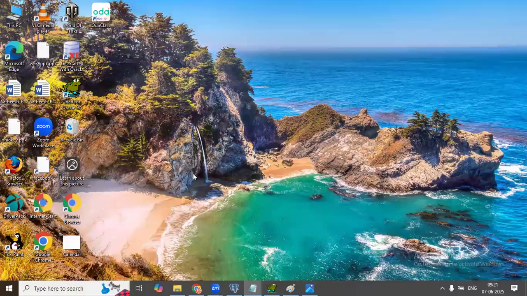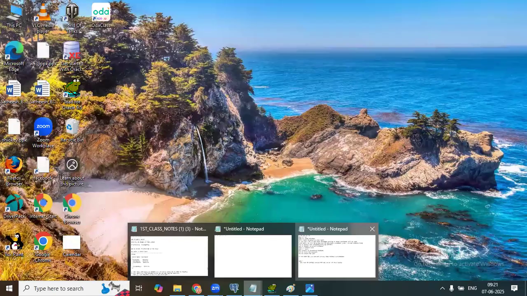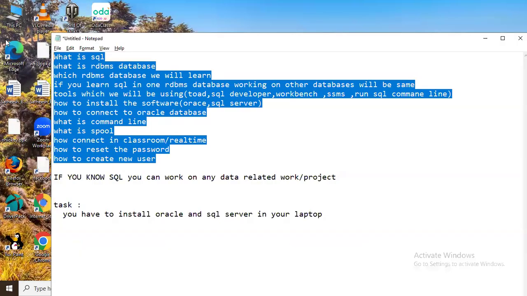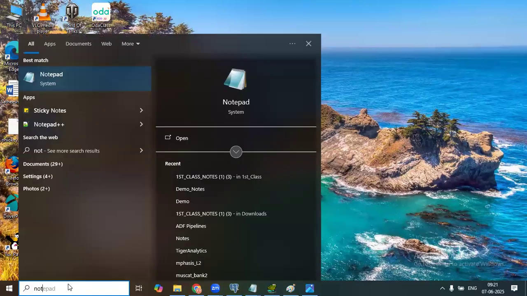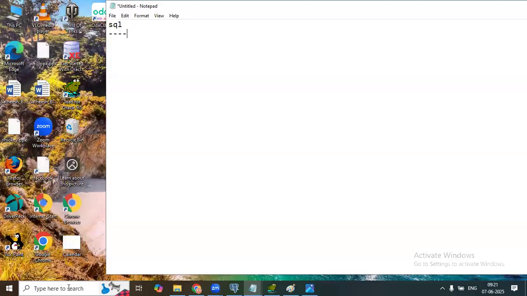Now, Arjun, with this I understood the installation part I'll complete, and it gave me confidence that yes, I'm going to learn SQL. Then I can work on any database related work. What will be covered, everything I understood. Now let's start SQL. In SQL, the first command is create, which is part of DDL. Arjun, what is create?